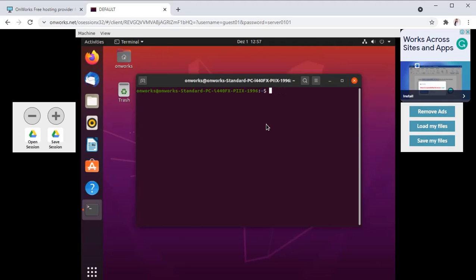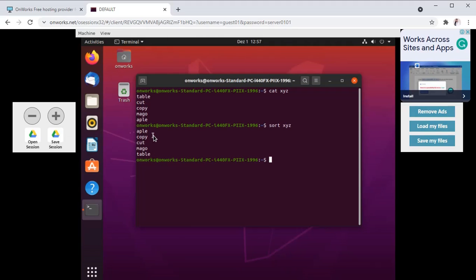So here we know the content of file xyz. We can sort this file: sort xyz. Okay, so here the contents of the file are sorted alphabetically.